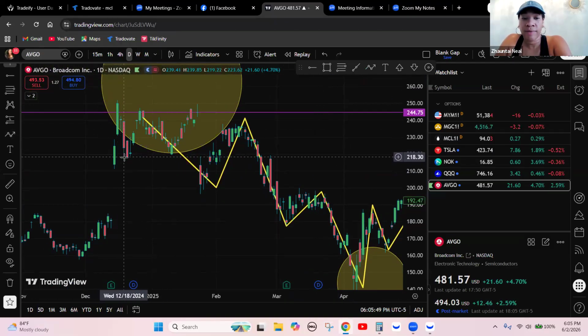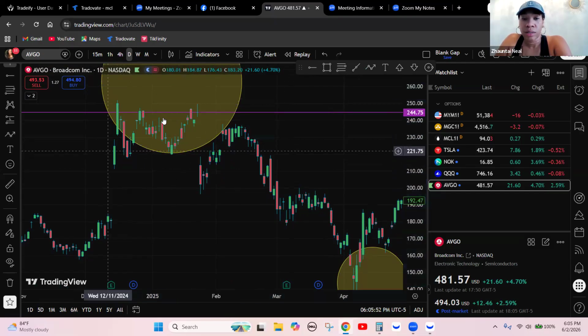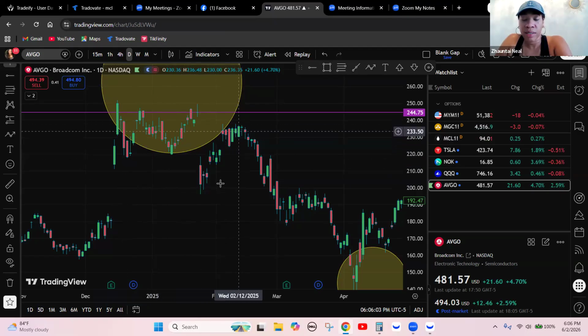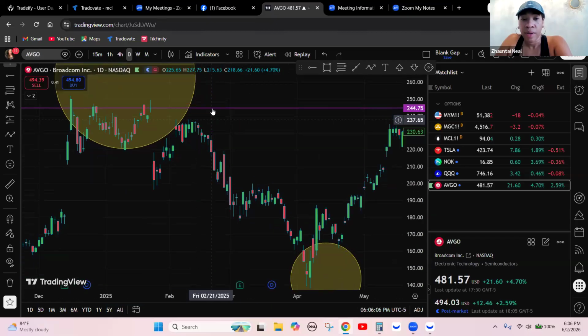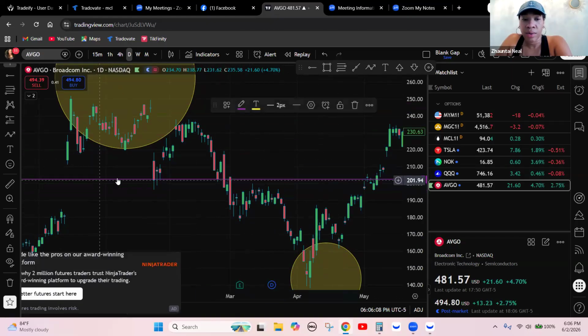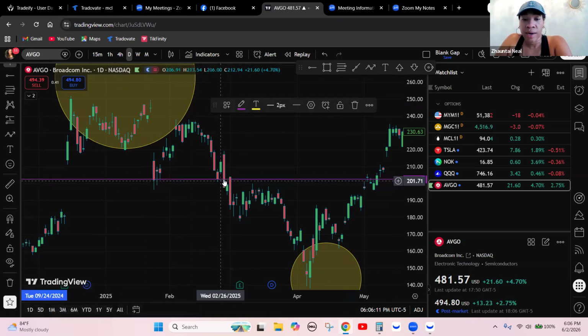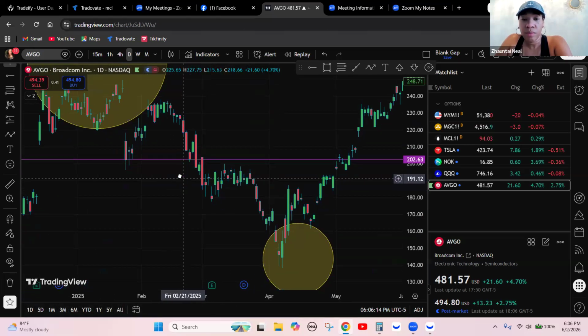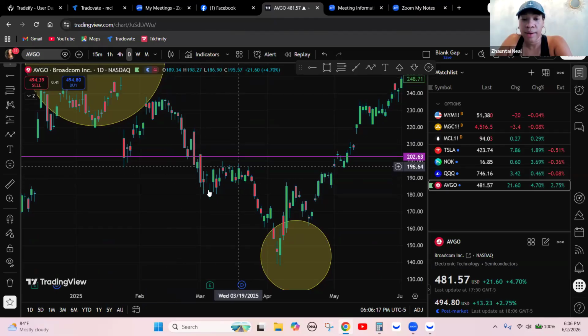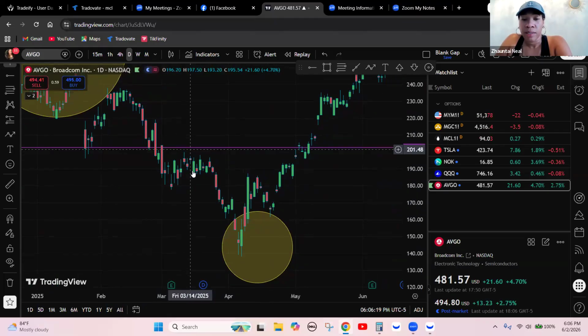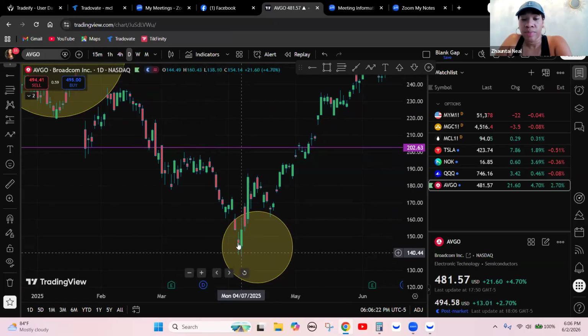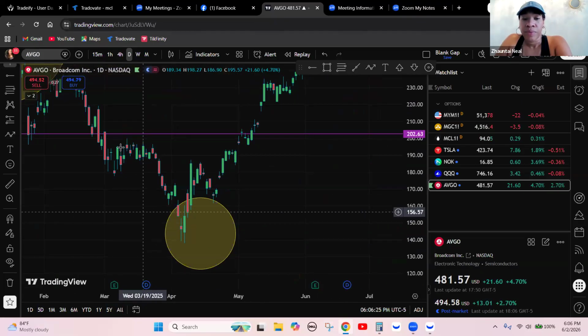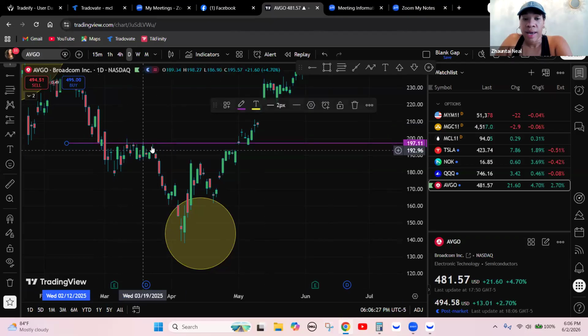in minor structure, we have this as a low. I'll delete this. We have this as a low. And as you can see, price breaks this low, comes back up, creates a lower high. And we can see this is our last low right here. So a break of this area would be a break of structure. Then we get break, pullback, another break of structure. And so this would have been our last high that occurred before this last low that occurred. And until we break that high,